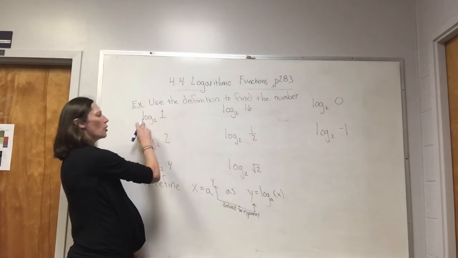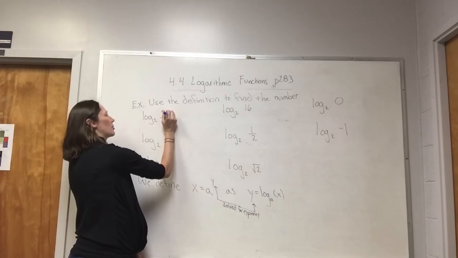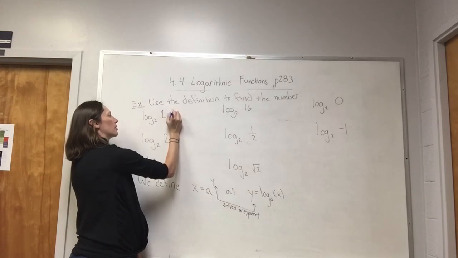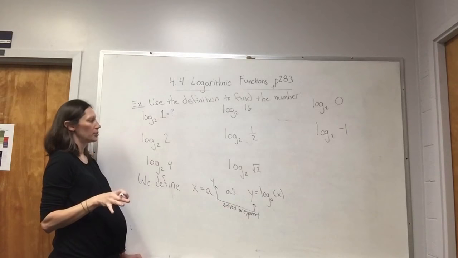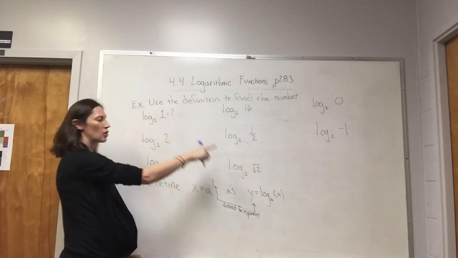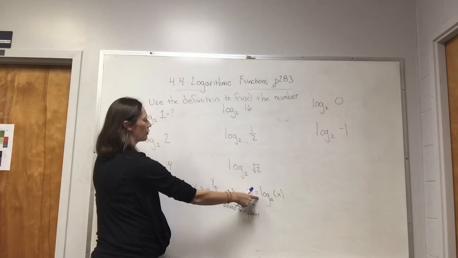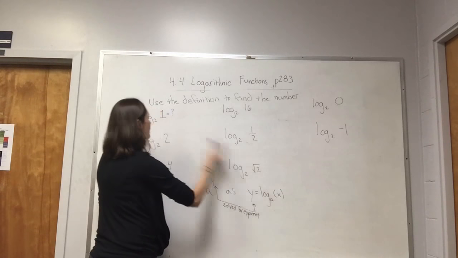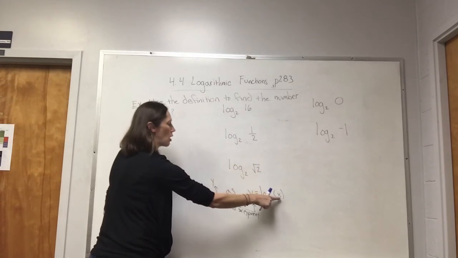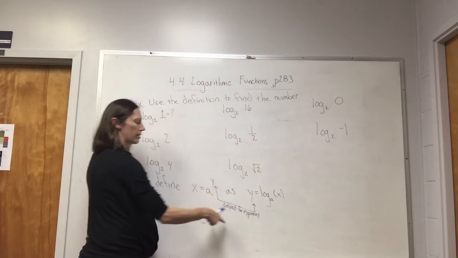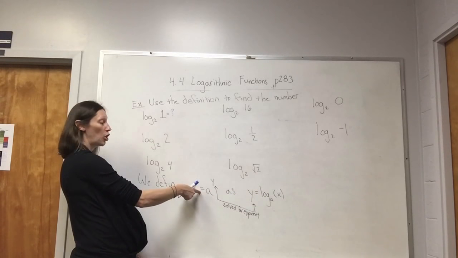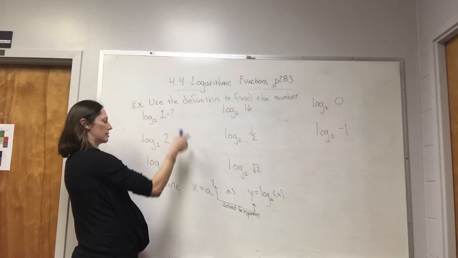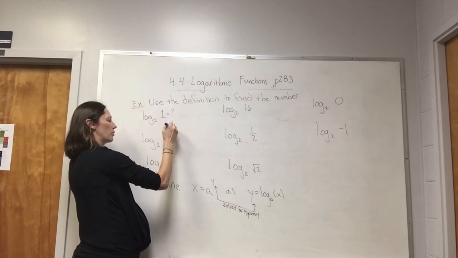So, I don't know what this number is. This number is unknown to me. So I'm going to replace it with a question mark. But now I have an equation that's set up like the following. Log A is 2. I'm taking the log of 1. X is 1. So I can go ahead and plug in what I know. A is 2, X is 1. As I translate this over